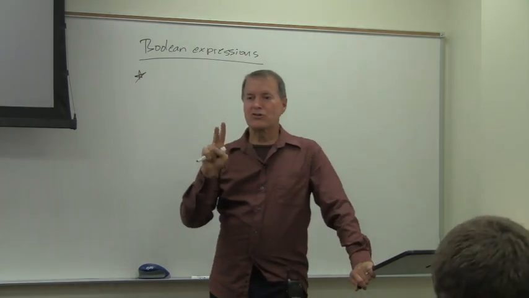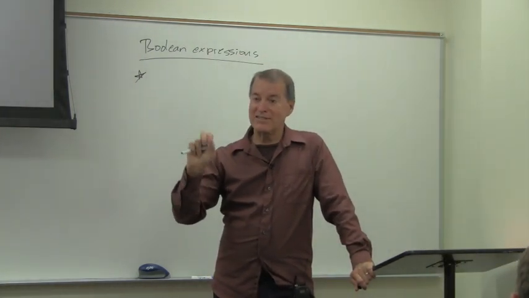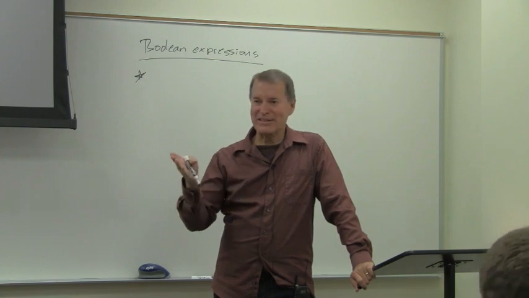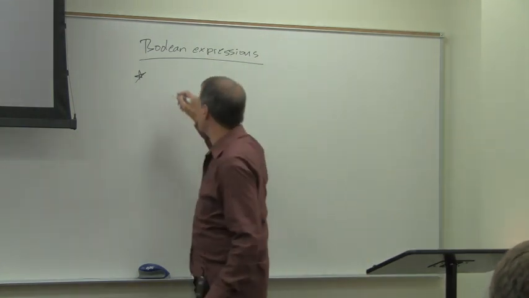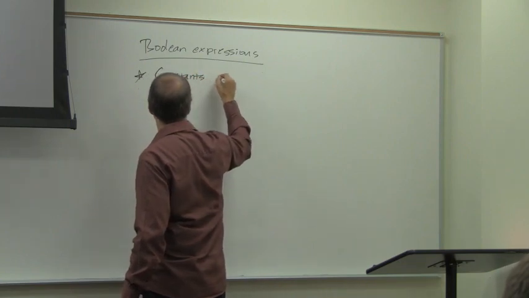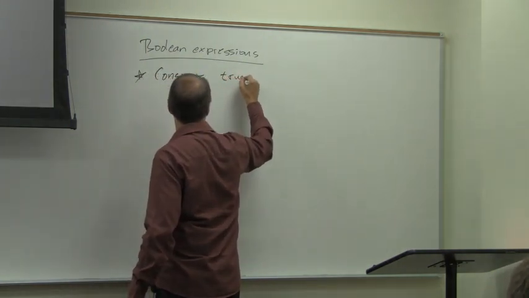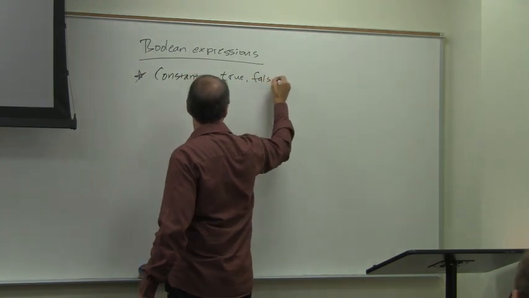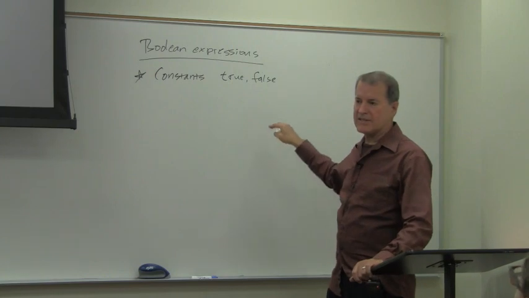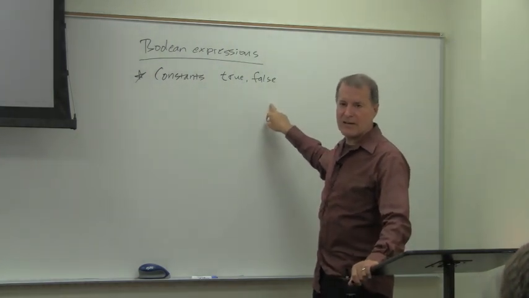There are only two constants in a Boolean expression. Somebody said it: true or false. So the constants are true, false. Now you know our book abbreviates these as T and F and uses lowercase, but I would prefer that